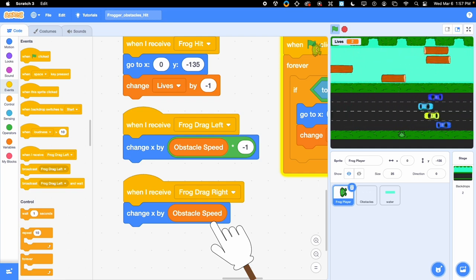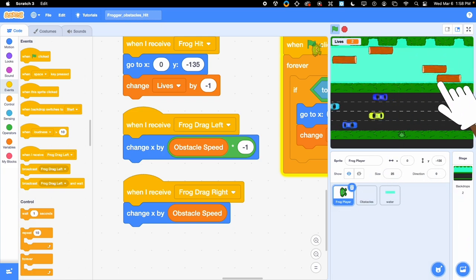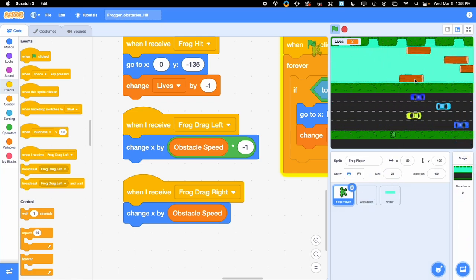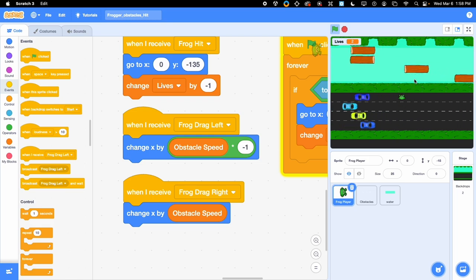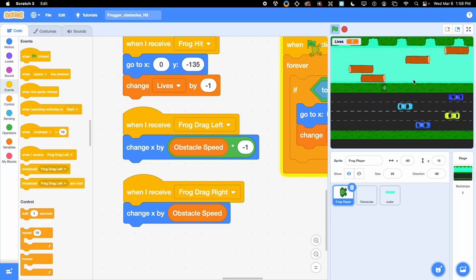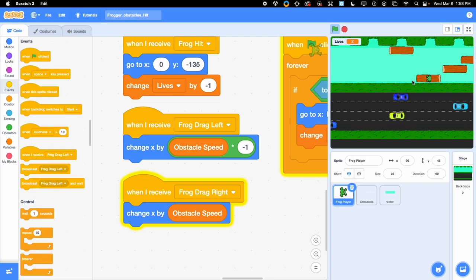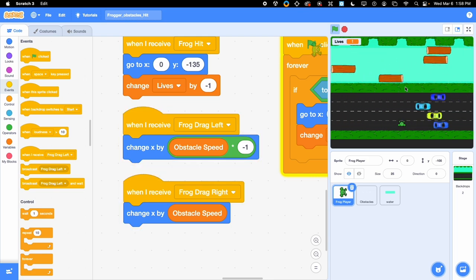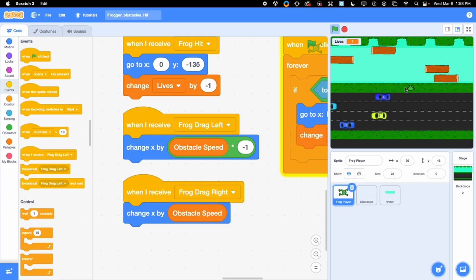This enables the frog to be able to move left and right with the logs after it jumps on. Here's a demonstration. Jump up over to the logs, jump on the log, and I am moving with my log. I can still jump left and right,